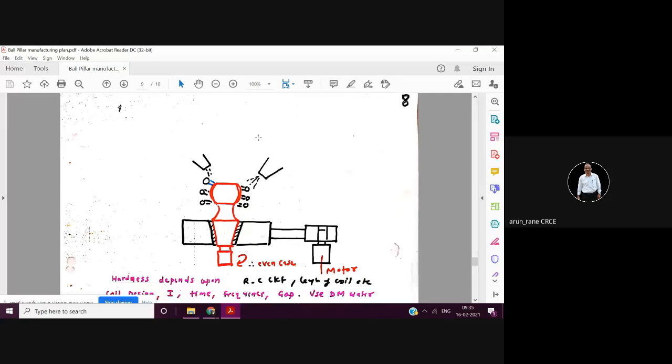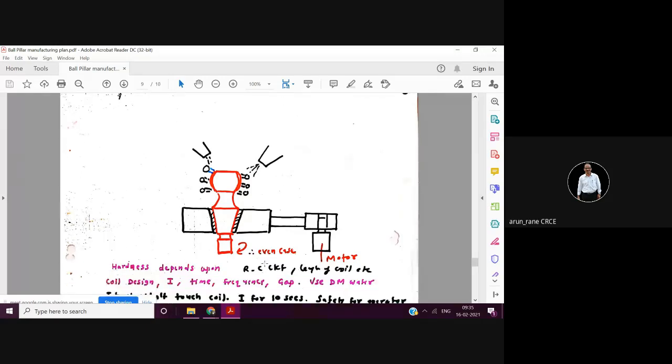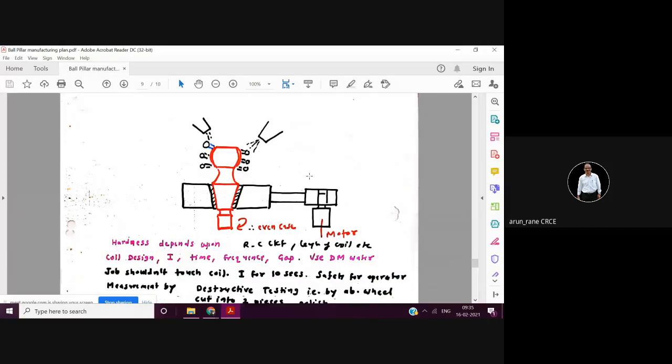Once you do the induction hardening, then you cannot do turning on the lathe machine, or drilling, because drilling or milling or thread rolling cannot be done on the hardened components. The components are hard, so you cannot do it. Before sending the component for hardening, you have to ensure that all soft operations are done, because once you harden it, you can do only grinding operation. Only grinding is possible, no other operation is possible.